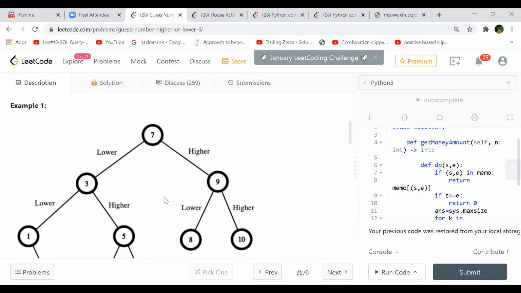So for each number from 1 to n, we can set that number as the original number, and then we can binary search and see which one has the maximum number of coins we have to spend. But that won't be sufficient, right? Because you still have to explore all the possibilities. Is it? Yes. Or only half.